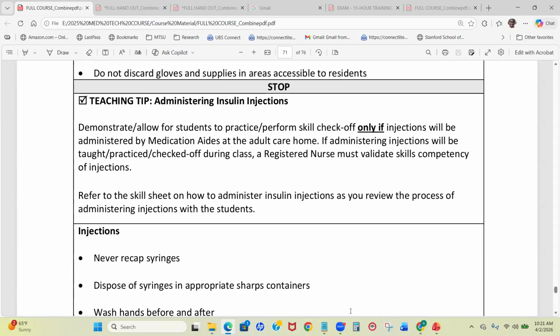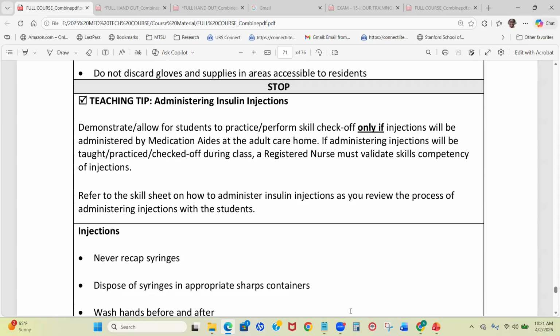When it comes to insulin injection, this is optional, but you will never know when you will have a diabetic patient or resident in your facility. So we're still going to learn these skills. The state allows med aides in the adult care home to give injections, so we will learn how to give it,